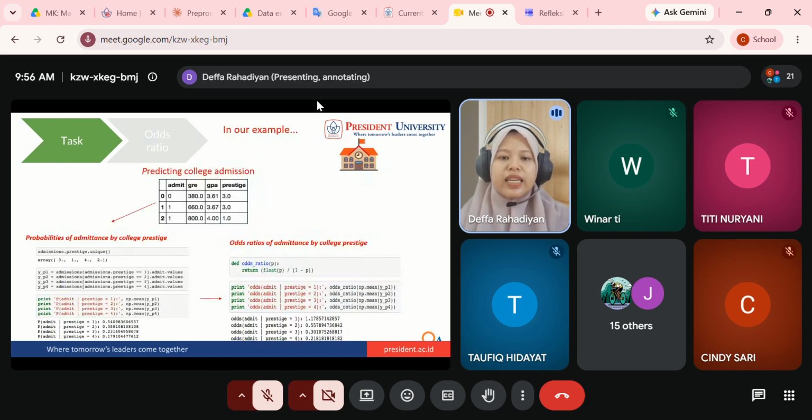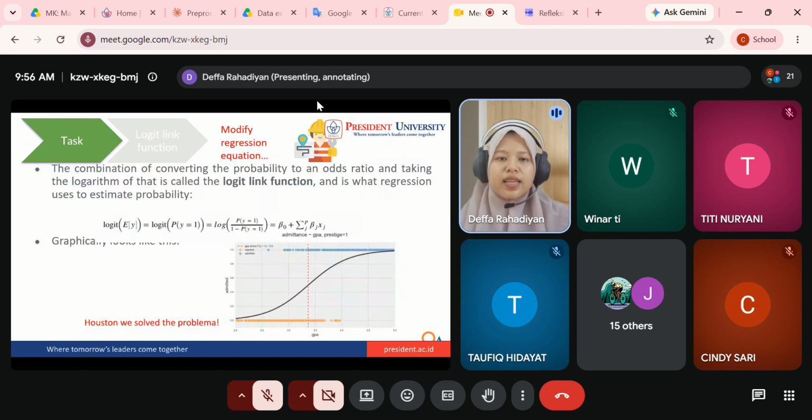And here is the example of logistic. If you want to do classification, we can use logistic regression. But if you want to do prediction, like predicting age or age estimation, we can use linear regression. So linear regression is not possible for classification tasks. But they actually have the same function. The only thing that makes them different is the activation function, or the type of line.